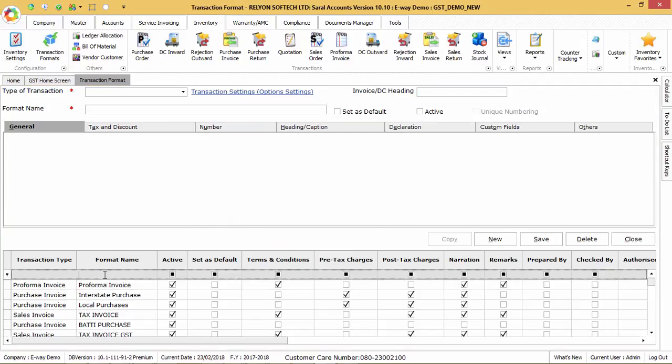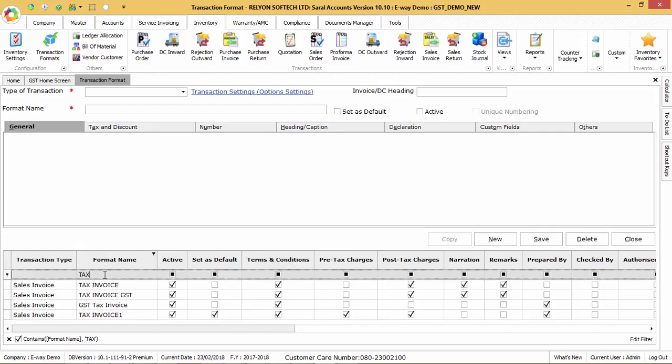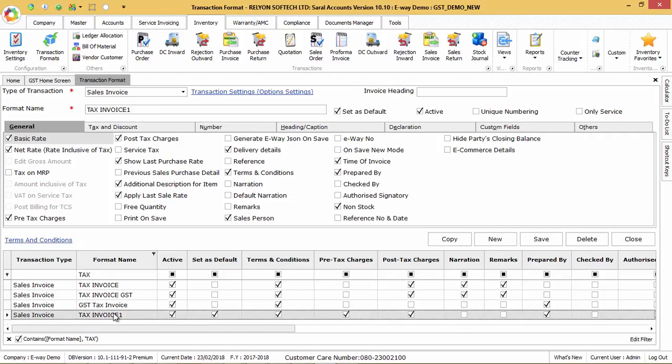Here, select the sales invoice format and enable the option Generate e-way JSON on Save, which will enable the e-way bill generation for each sales invoice generated, and also enable e-way number option to enter the e-way bill number after the e-way bill number is generated.